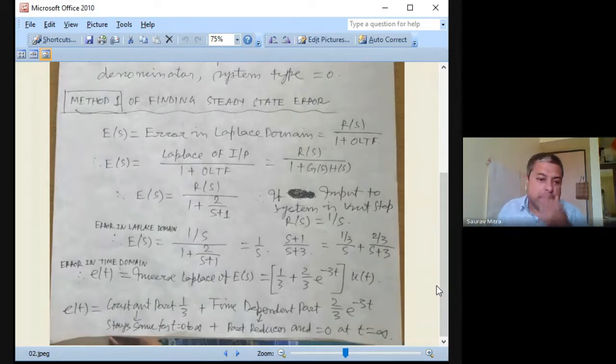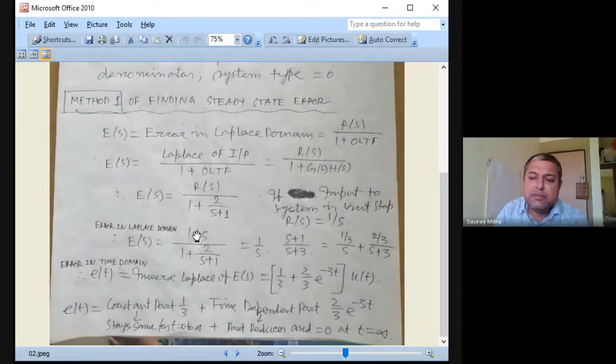Then number 2, the job is define step input. That is equal to u(t). So u(t) means A is equal to 1. I told you that it can be 2 u(t). If you are saying 2 of unit step, in that case E(s) will be 2 divided by s. If I'm saying 1 unit step, in that case it will be 1 by s. If I say 5 unit step, it will be 5 by s. But this part is actually 1 upon 1 plus G(s)H(s). So you can find here E(s) is equal to R(s).